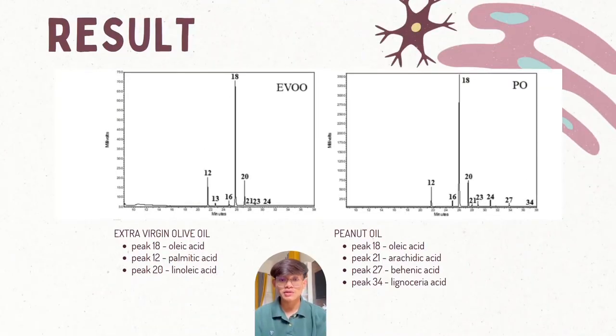Now we move to the results. The first one is EVOO, extra virgin olive oil. This chromatogram shows extra virgin olive oil. The largest peak is peak 18, which corresponds to oleic acid, in the middle of the chromatogram. Next, the smallest peaks include peak 12, palmitic acid, before it, and peak 20, linolenic acid, after it, which is typical for